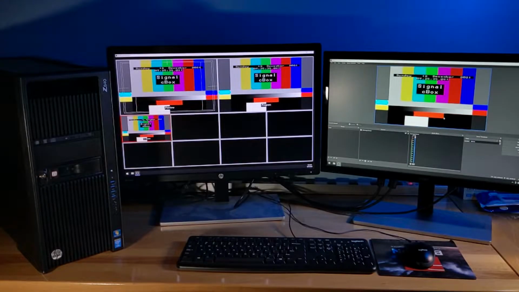Signal here with another odd and rarely used feature in OBS. Ever since I saw a multiviewer feature had been added to OBS, I've always wanted to see if it was possible to get enough video sources into the system to actually fill each PiP with a unique switchable source.